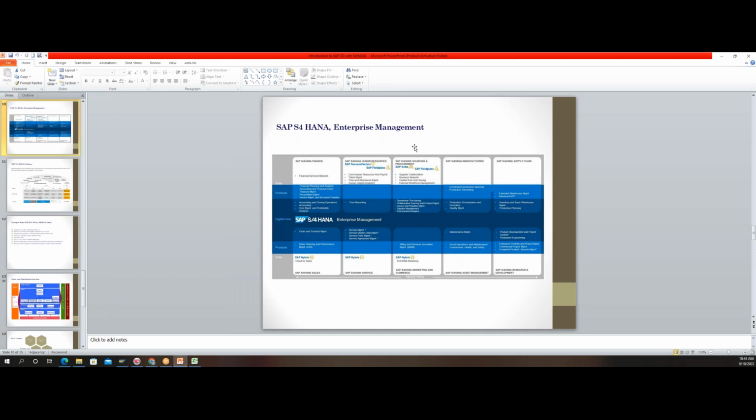Now, on a broader picture, S4HANA, as I mentioned in my previous slide, is an enterprise management. We call it a digital core, S4HANA enterprise management. So more or less all the modules, see, modules will not change. It is a business process. When I say enterprise, the supply chain remains the same. The finance remains the same. The procurement remains the same. The orders, contracts, services, manufacturing remain the same. The only thing is the facility or the process will improve.